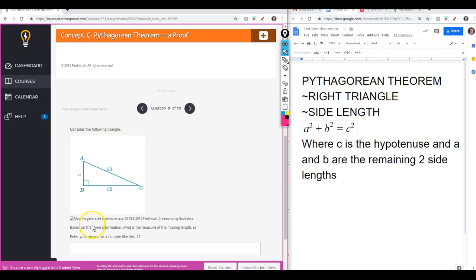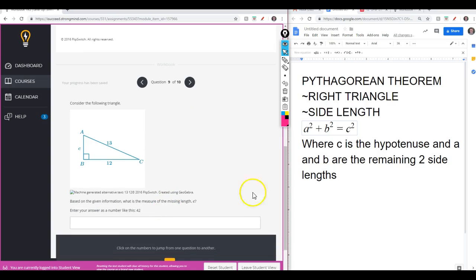Consider the following triangle. Based on the given information, what is the measure of the missing length C? Enter your answer as a number like this, 42. Okay, so this comes back